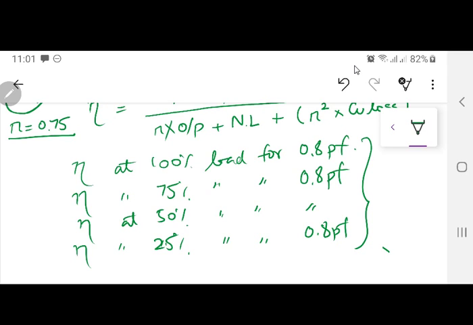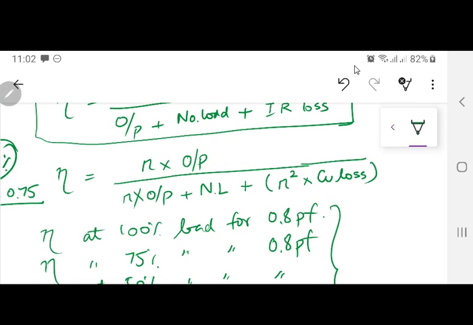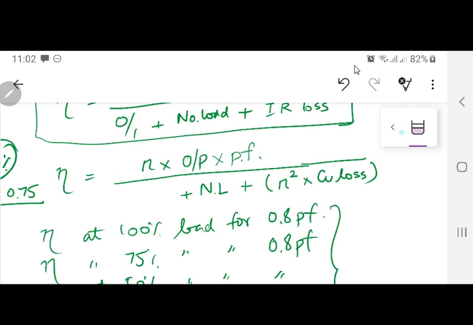So you will have to use some capacitors over there or some power factor correction algorithm, otherwise WAPDA is going to penalize you because you are having a lesser efficiency of your transformer. Now if you are trying to find out for 0.8 power factor or maybe for any other value of power factor, this formula will change only in this case, that you are going to multiply it by the power factor, and for this term also this will change to n